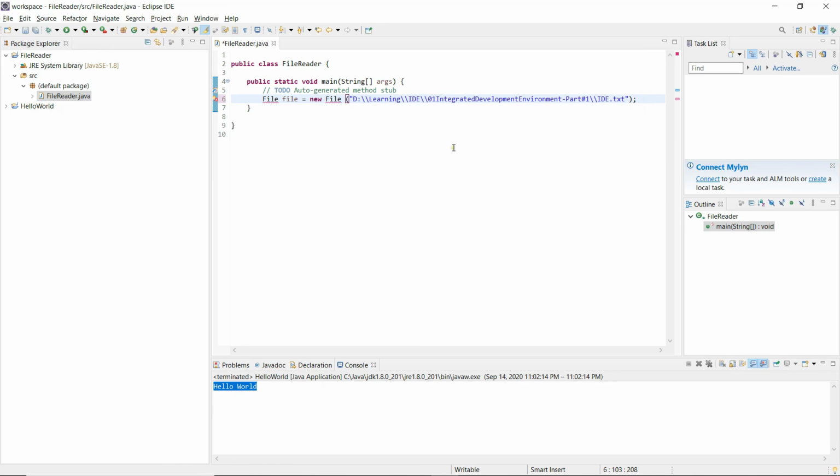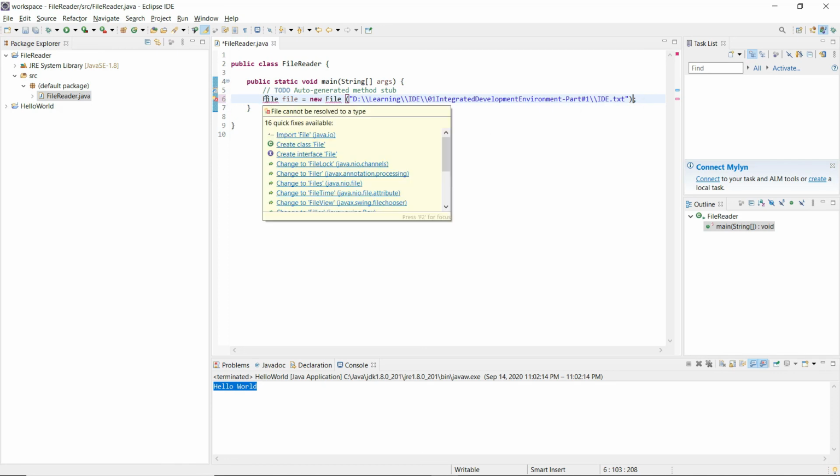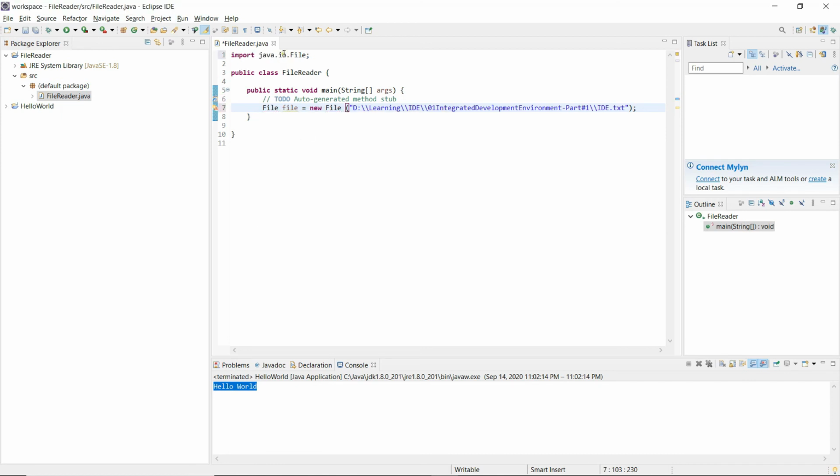As we can see here, as we write this line of code, it is showing errors saying that the File package is not being imported as part of this project. It is also suggesting that we use this import. When I click on this option, it automatically adds an import for me. So this is one more capability of the IDE, wherein it shows the unimported packages and makes us import them so that we can avoid compilation errors at a later point of time.